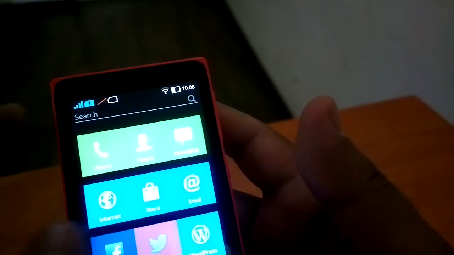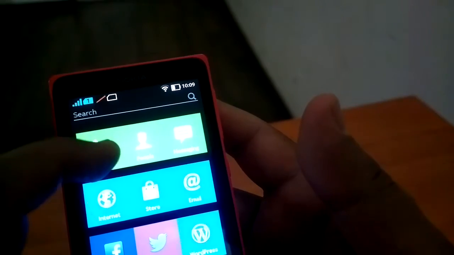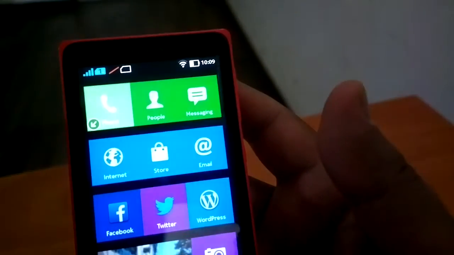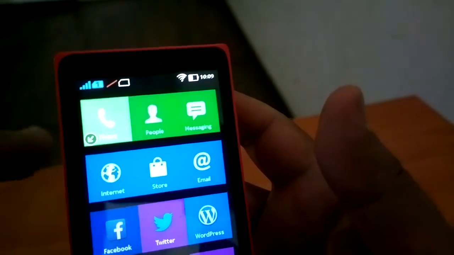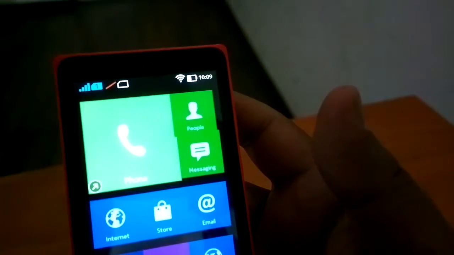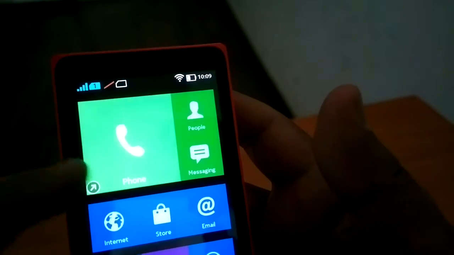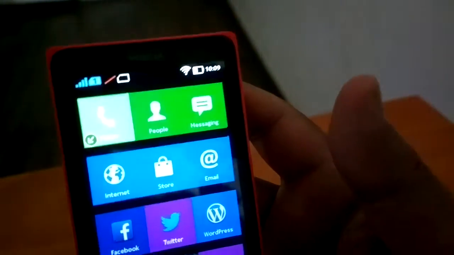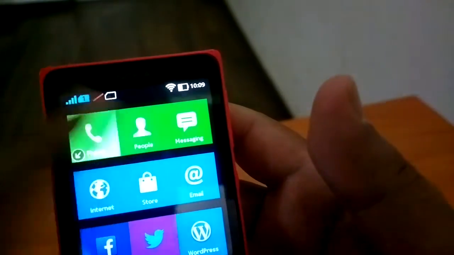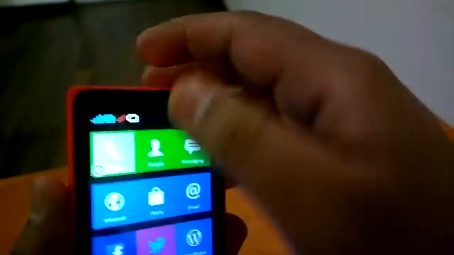Now, if I long press on any of the applications, it will show me this arrow and I can resize it. When you long press on a native application, it will show you just one option, resizing it.